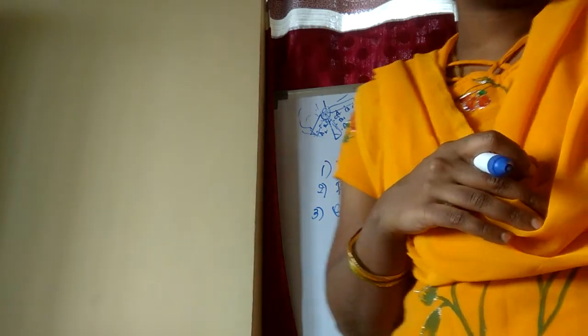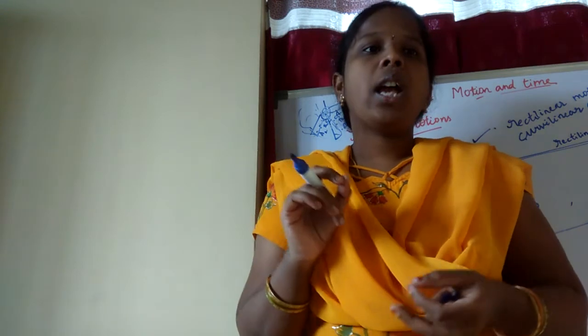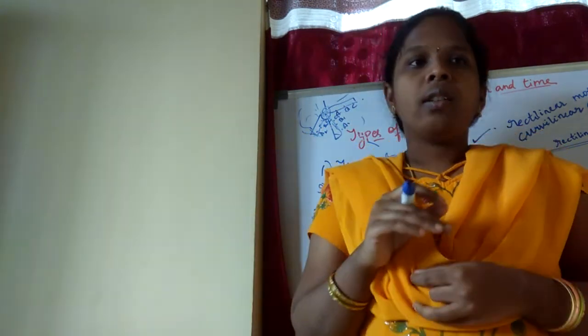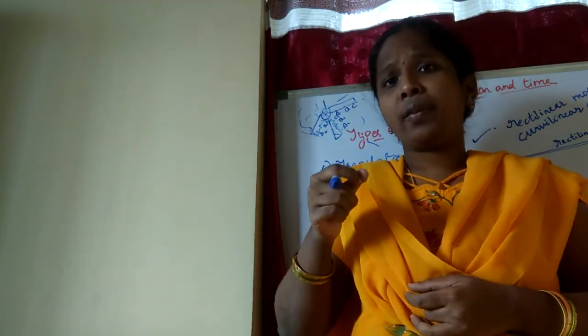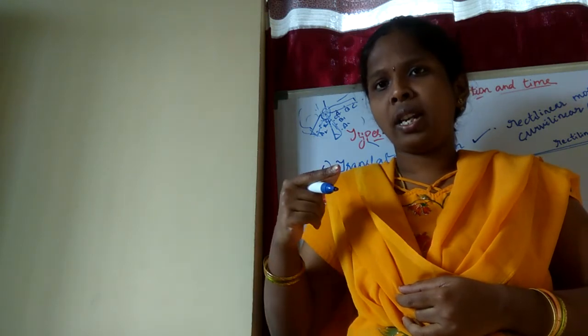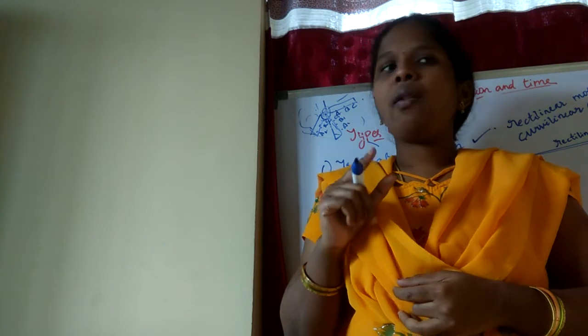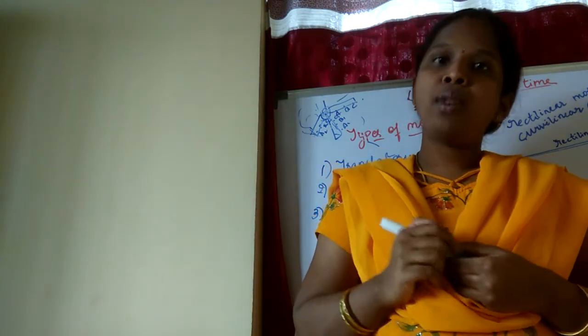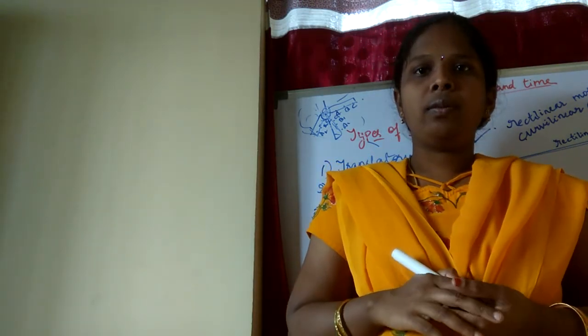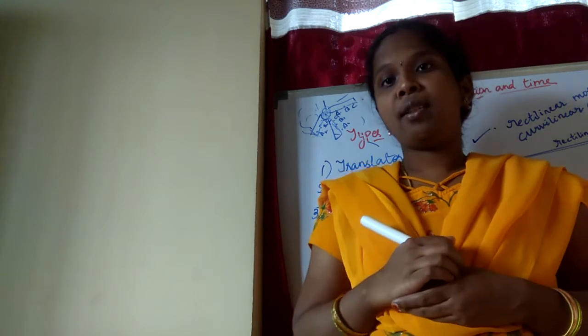For example, a tennis ball is there. If you are keeping that tennis ball on the surface of a table, then you have to push the ball with the finger. Finger means, for example, you will play carom board like this, no? In the same way, push the ball with the help of fingers. What do you observe? In which motion will it be, either rotatory motion or translatory motion?